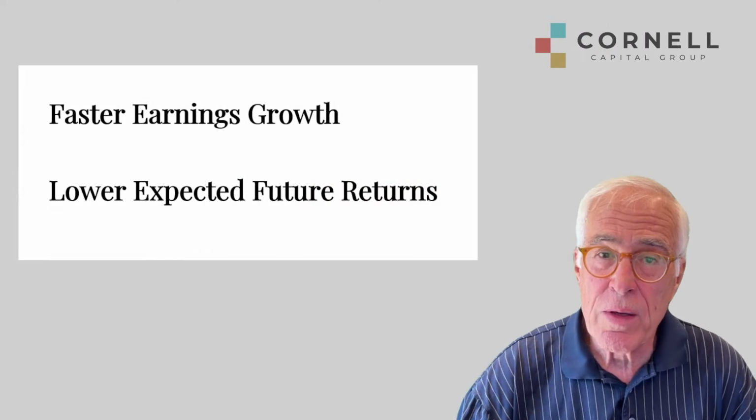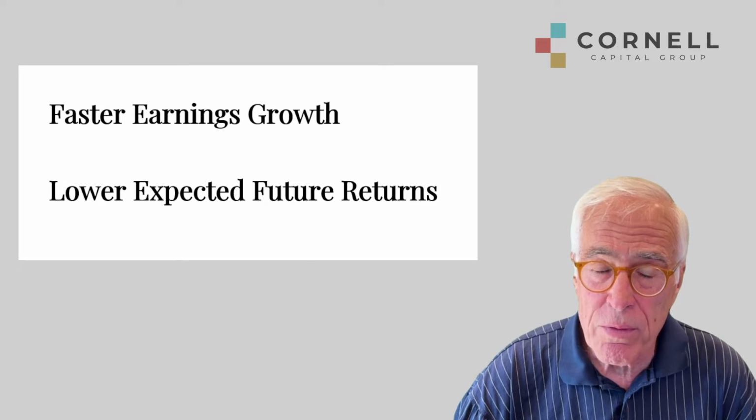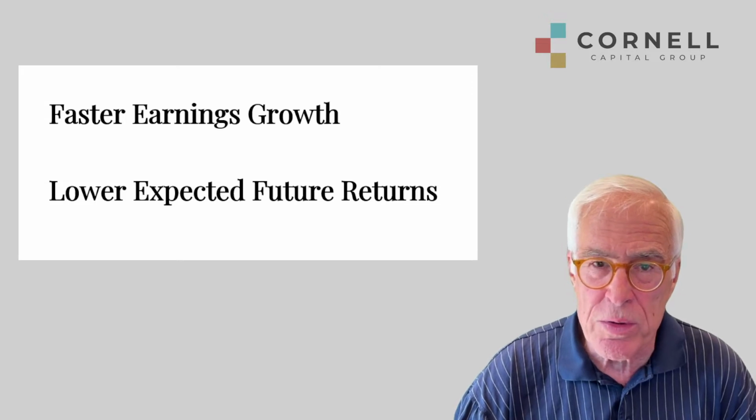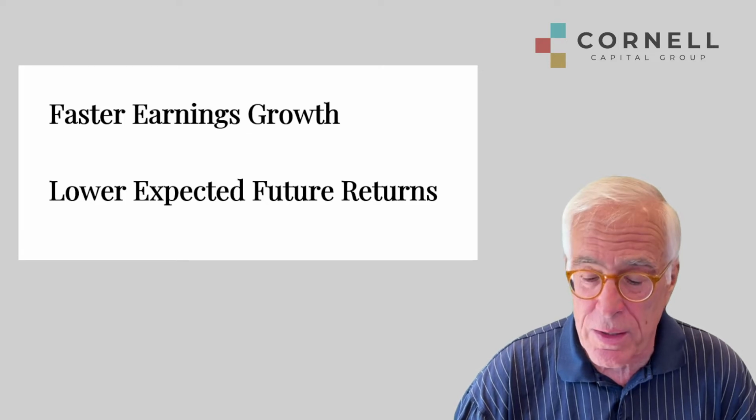I said that finance research, including by two Nobel laureates, Bob Shiller and Gene Fama, had pretty conclusively shown that if stock prices are high relative to a measure of cash flow, such as earnings, for example, there are two possible explanations. And here they are. Either investors are expecting faster earnings growth, or they're willing to accept lower future expected returns. But which is it? There's quite a difference. You'd certainly like to know for your own investing strategy.